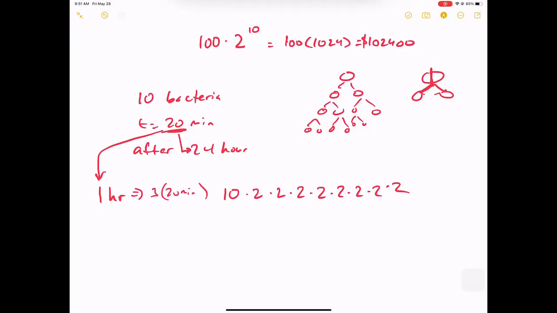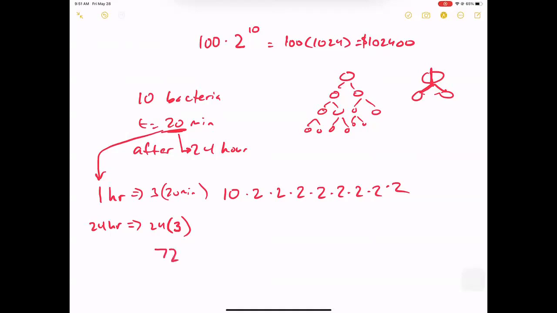There are 3 twenty-minute intervals in 1 hour. And then how many hours are in 24 hours? Well, there are 24 hours, right? So in 24 hours, there are 24 hours, so there's 24 of 3. So in 24 hours, we have